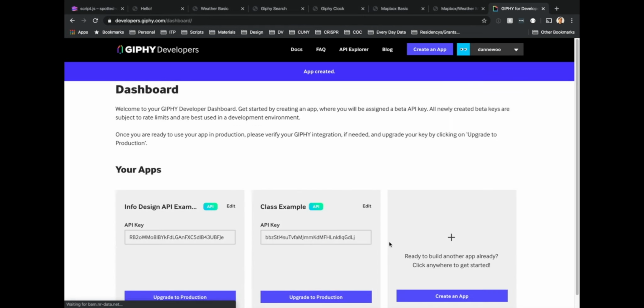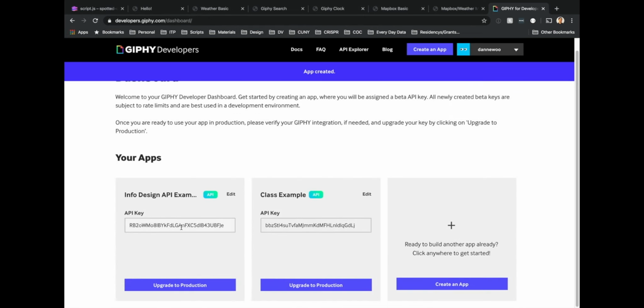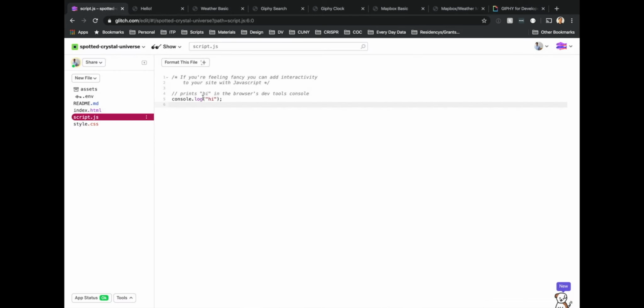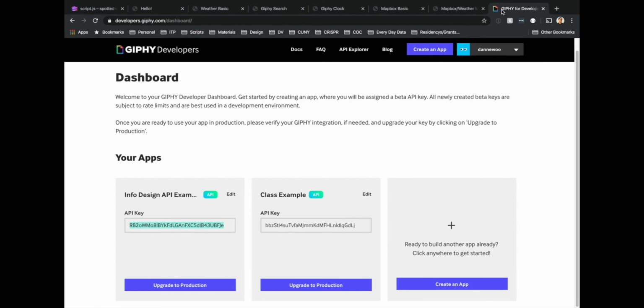Create an app. And then we have our API key. So let's copy that. Go back to our new document, delete all this JavaScript, and again, say Giphy API key, so we have it easily accessible. So let's go back to the Giphy developer information,